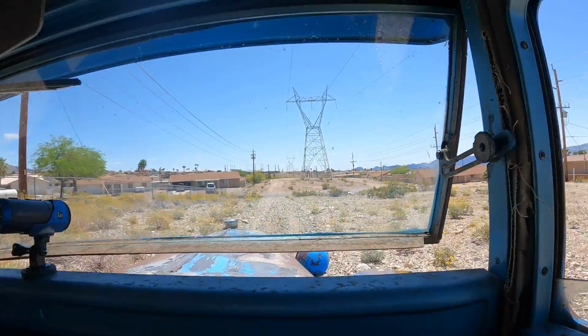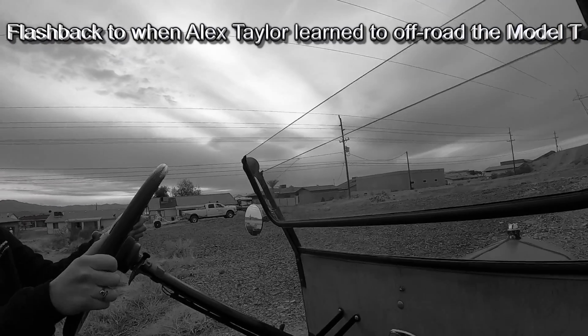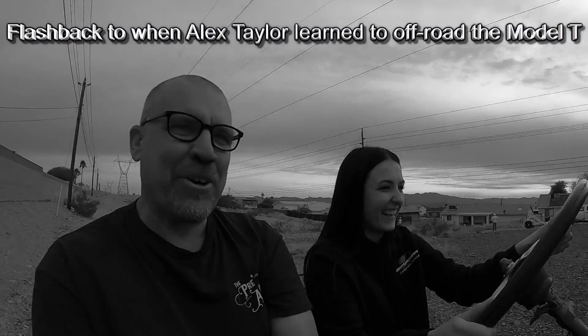I think the Model T does better off-road than the Model A. The roads must have been getting better when they designed the Model A. The Model T, it'll take this like as fast as you want to go. It's kind of, you feel the car twisting. I do. Like it feels like, so